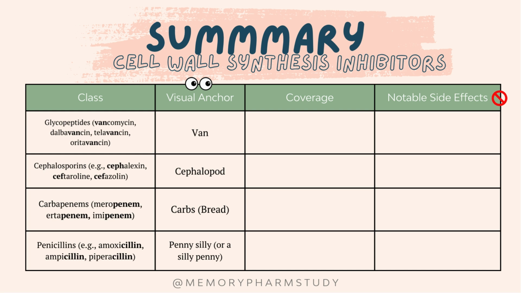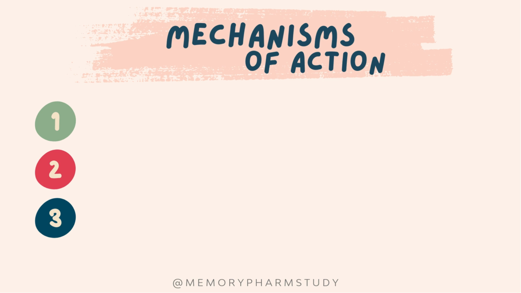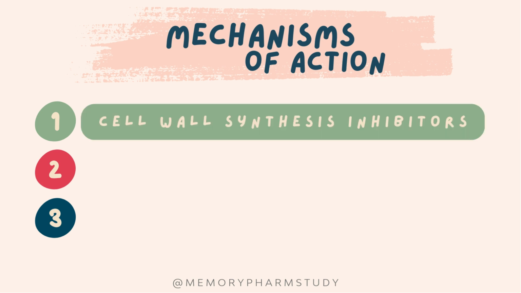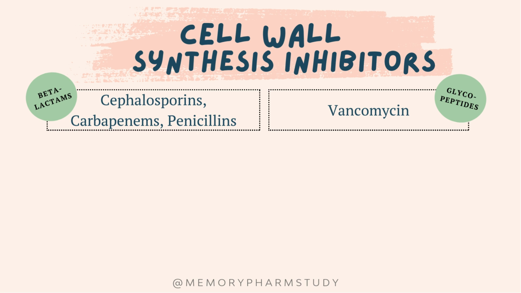Now that we learned the 10 most common classes of antibiotics and which drugs belong to each class, let's review their mechanism of action by dividing the mechanism of action into three main ones: cell wall synthesis inhibitors, protein synthesis inhibitors, and miscellaneous mechanisms. Cell wall synthesis inhibitors include glycopeptides such as vancomycin as well as beta-lactam antibiotics such as